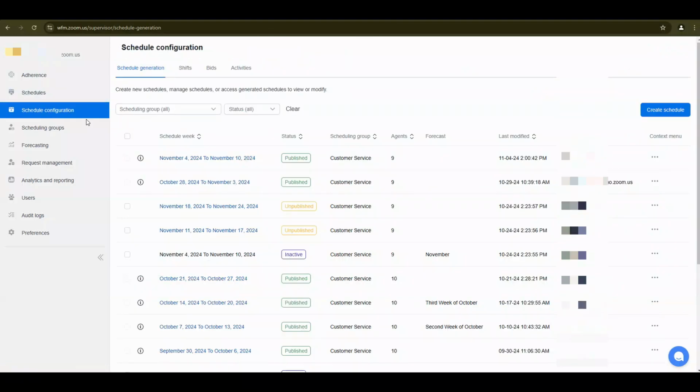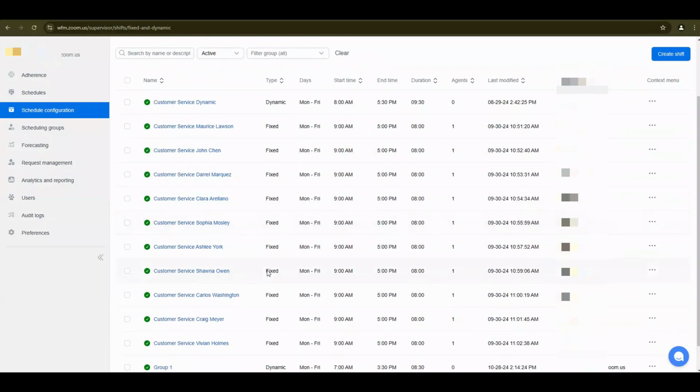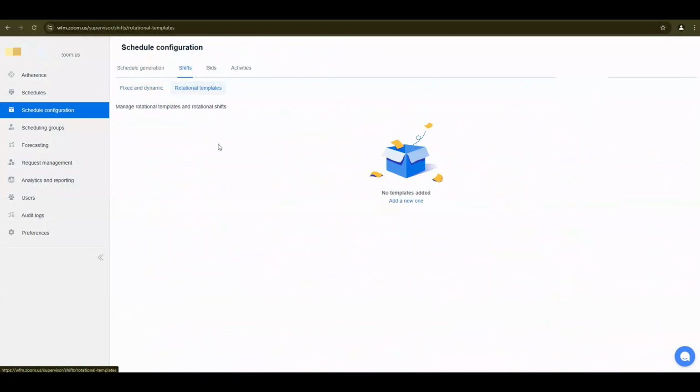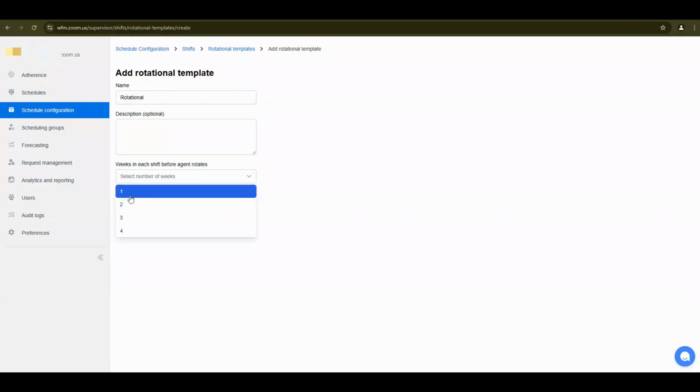So here let's go to schedule configuration and shifts. Here we can see we have some dynamic shifts, some fixed shifts, but let's go up here to rotational templates. Now let's add a new rotational template. And we can give it a name. And then we pick how many weeks